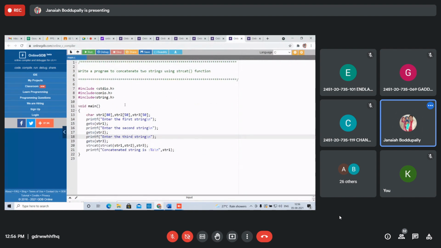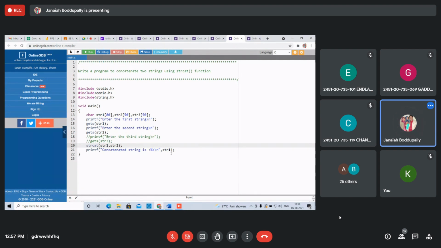See, students, first you take 2 strings. Concatenating string 1 and string 2. Forget about string 3.